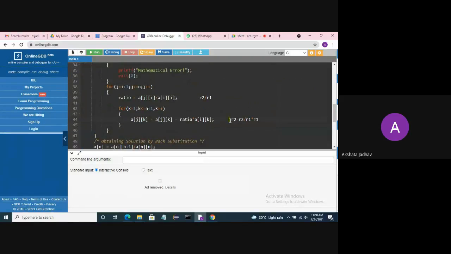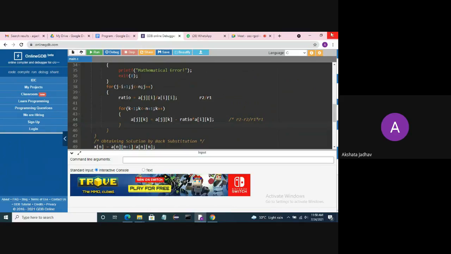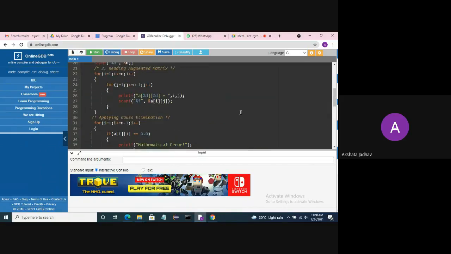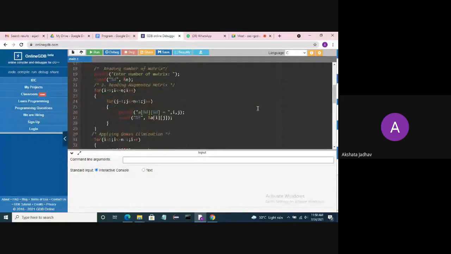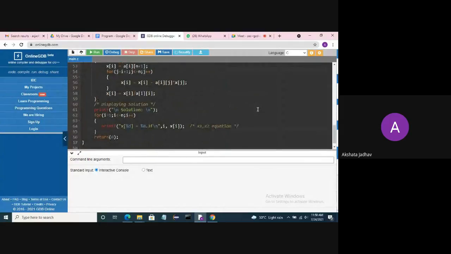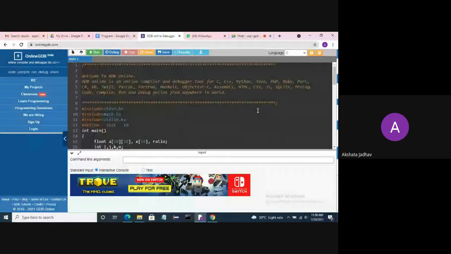Okay, we will see the program output, and here we perform the mathematical function. First of all, write it into a comment for your understanding: you will see R2 divided by R1. Okay, new operation, and run it.